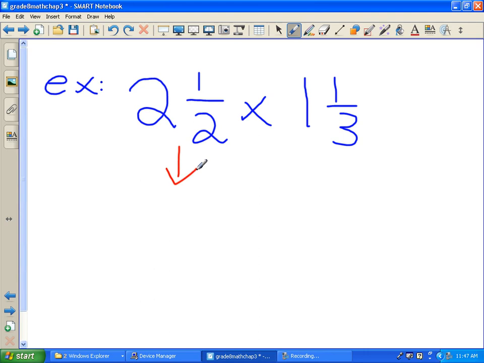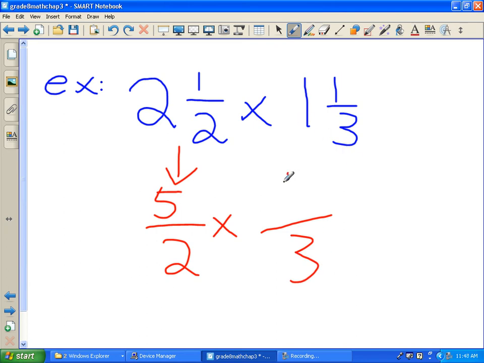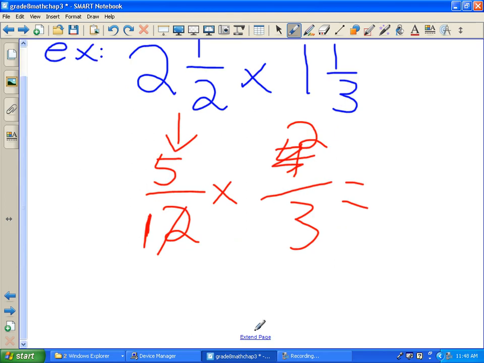Let's change 2 1/2 to an improper fraction. 2 times 2 is 4, plus 1 more is 5. Let's do this one. 3 times 1 is 3, plus 1 more is 4. Now, can we cross simplify? Sure. 2 and 4. 2 goes into 2 one time, and 2 goes into 4 twice. So now our new fraction is